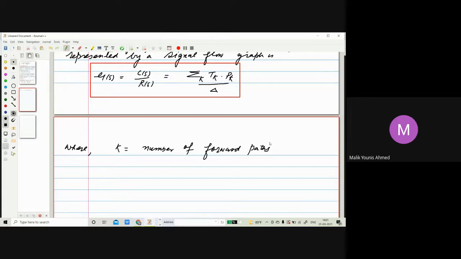Tk is the kth forward path gain, that is Tk. That means suppose T1 is there, so we have to write the forward path gain for T1. K is equal to 1. K is equal to 2. T2, what is the forward path gain of that? So whichever forward path gain is there, we have to consider that in the formula. Okay. Then